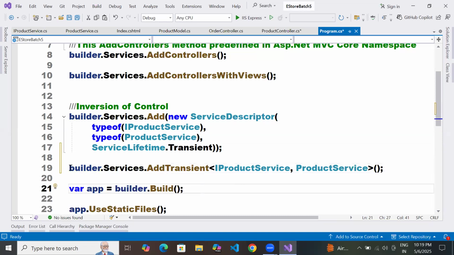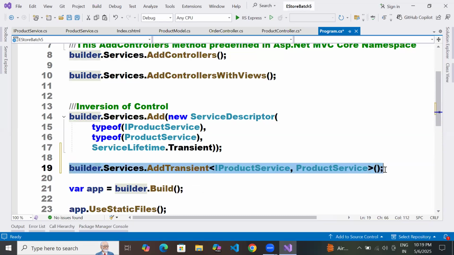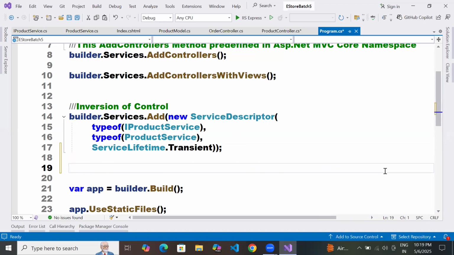Yes, sir. But I don't like this statement. Why, sir? That is not the best practice. Why, sir? Because code understandability and code cleanability will not come into the picture. Any new person who comes in will get confused.